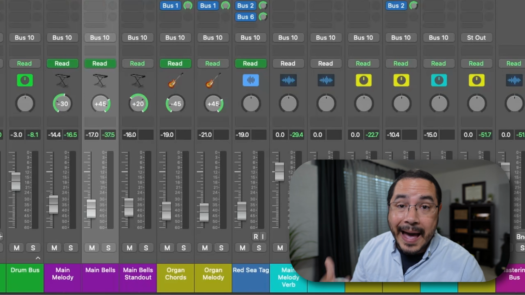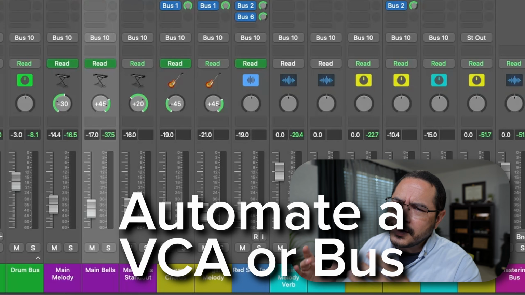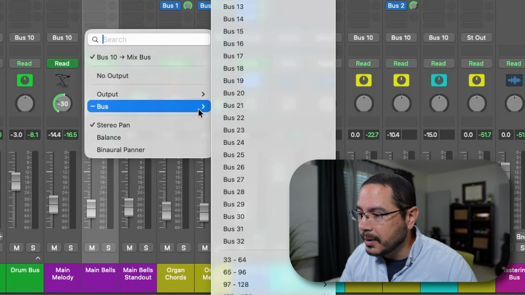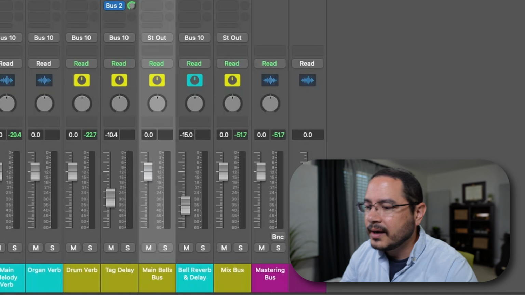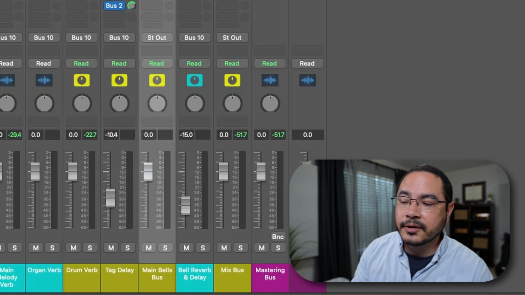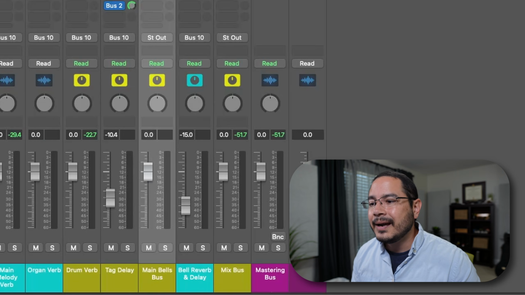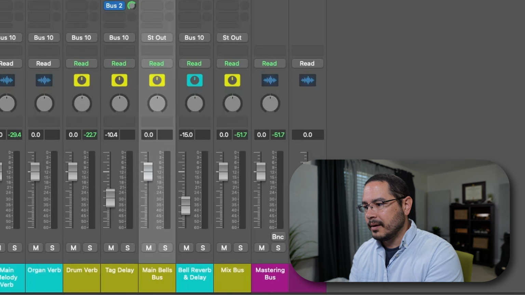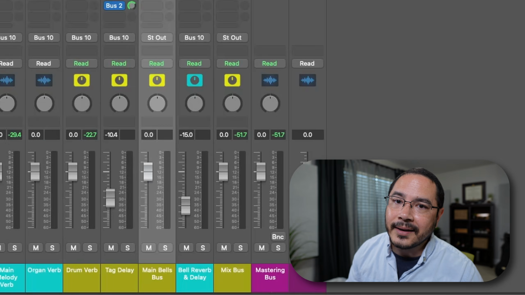The third of the bad options would be to create a VCA or a bus just for this one individual track. Let's do it. Let's come to the output and we'll go to the buses and we'll grab bus 21. And here it is. We'll name it Main Bells Bus. Now here's what we get to do. We get to either copy this automation data over to the bus or we had the sense to start with the bus. But now we've got more clutter in our mixer. Now we've got to remember where the heck the automation data for this random Main Bells track is 2 weeks later. This is also not ideal.